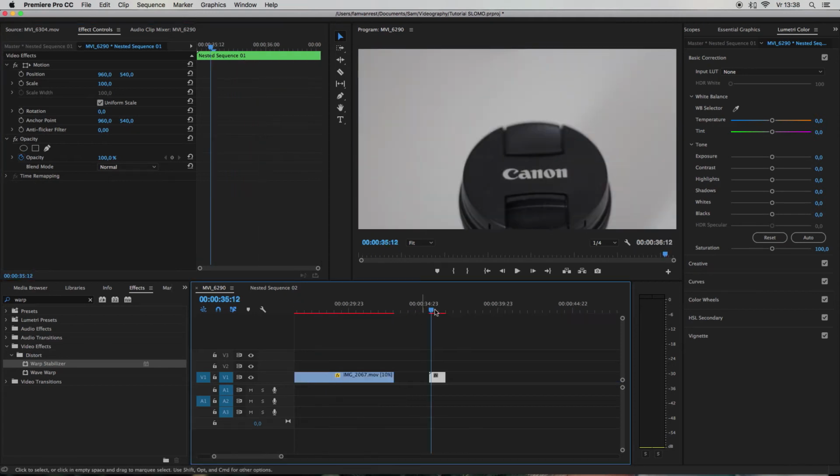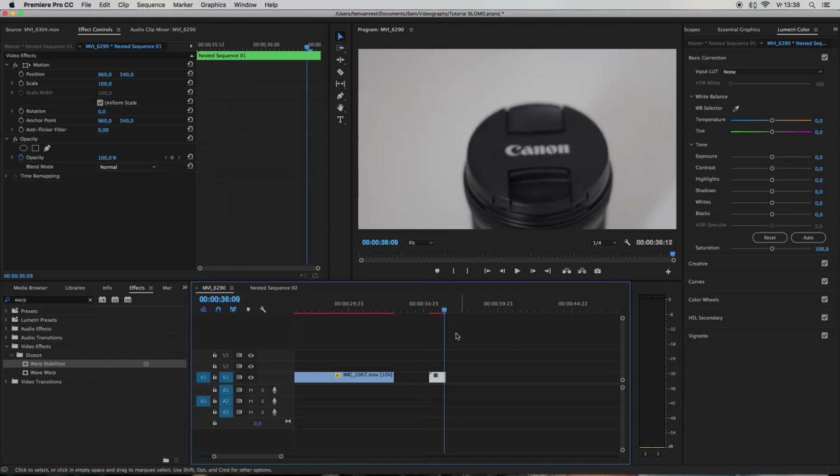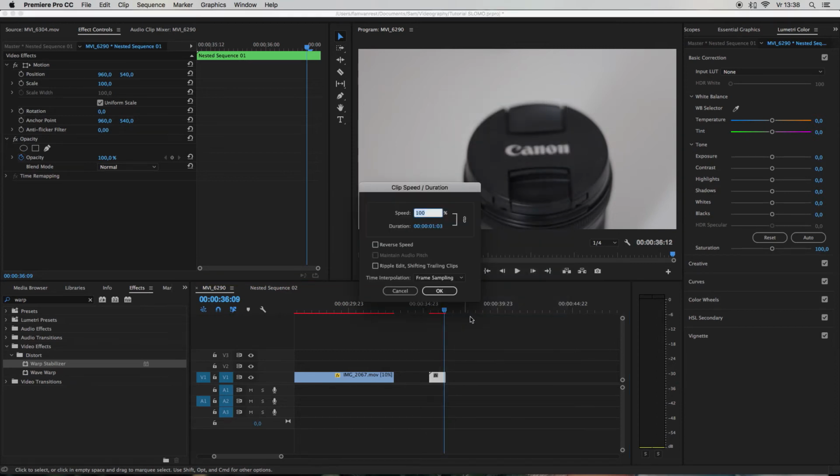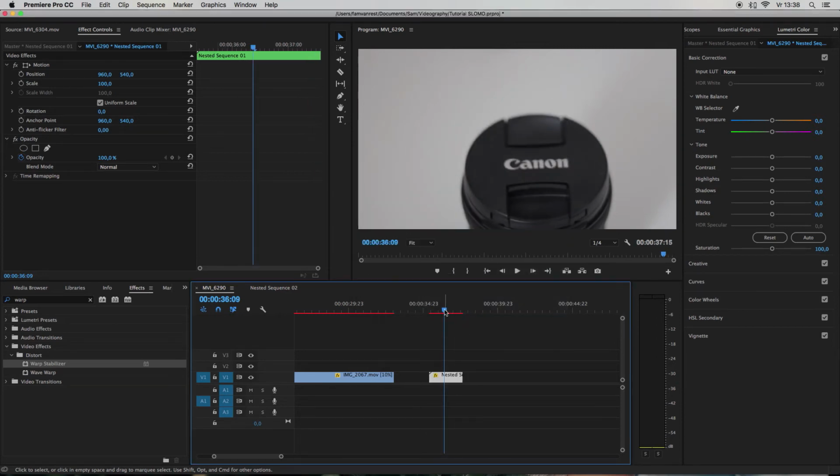Way better, right? So the last thing we're going to do today is look at what happens if you film the clip at 24 frames per second instead of a higher frame rate. This is what the clip looks like right now. It's okay, but it'll be better in slow motion. Let's right click and go to Speed/Duration and type in 50%. If you look at it now,